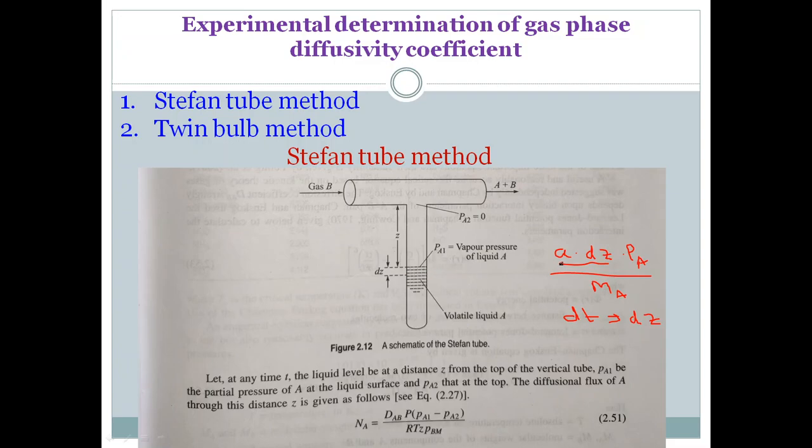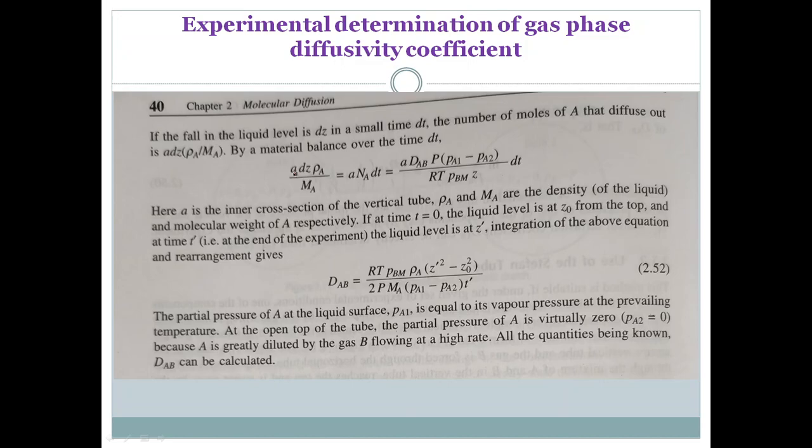A is the cross section, into dz is the volume in meter cube, into rho A in kg per meter cube, then kg per molecular weight gives kilomole. That much kilomole diffuses from here in dt time, and that will be equal to its diffusion rate. So A dz into rho A, this many kilomoles are diffused